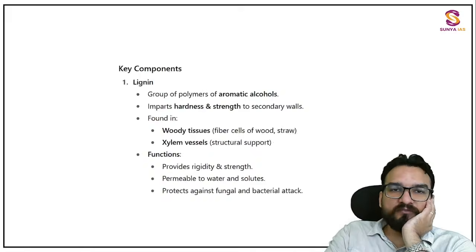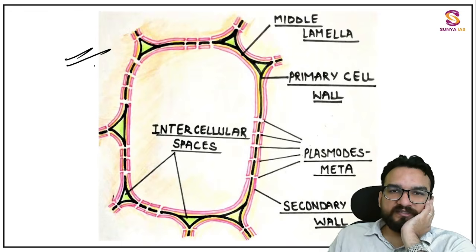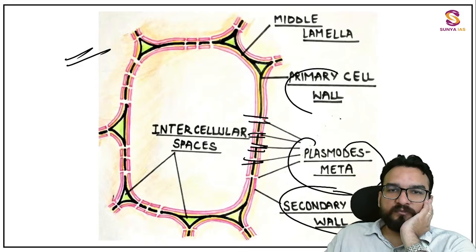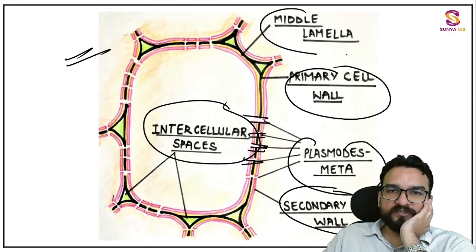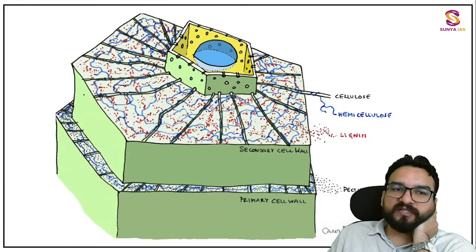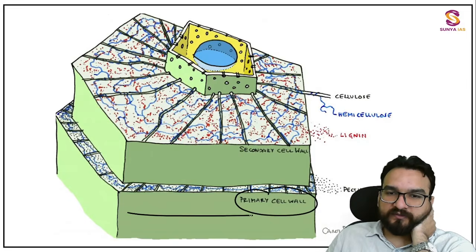Let me show you another one. This type of diagram you can make, guys. I hope you can understand this. Plasmodesmata, these are the intercellular gaps you are seeing. Okay, plasmodesmata, secondary cell wall, primary cell wall, intercellular spaces, middle lamella. I hope you are understanding this. Again, see the broad structure for your understanding. I have added this, this is not required in the examination. See the primary cell wall over here. Then you will be going ahead to the secondary cell wall.